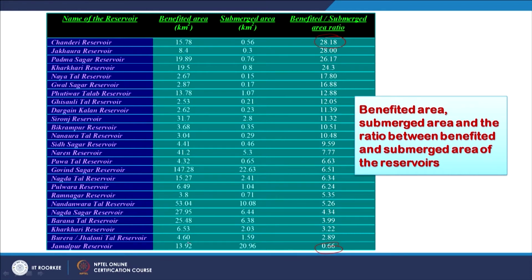That means these are not the areas where I should put my investment of land. But if we decide that my threshold is, say, 10, I need at least 10% return in the form of benefit area. That means, again I will repeat, if I submerge 1 square kilometer of land, I should get in return at least 10 square kilometers of benefit area. That means more than half of the area can give us return in terms of groundwater recharge by 10 times in terms of land.